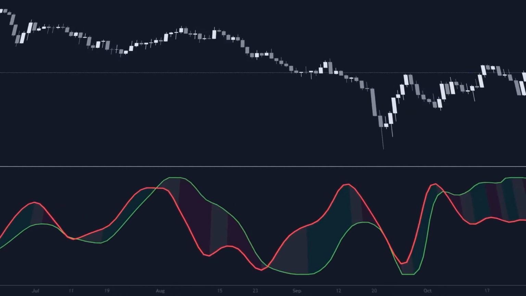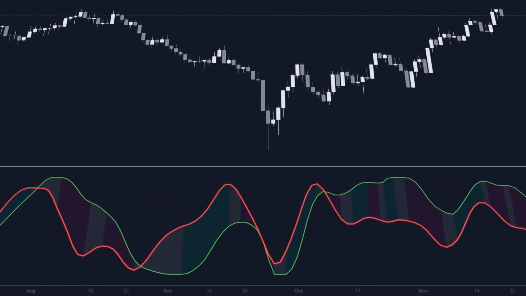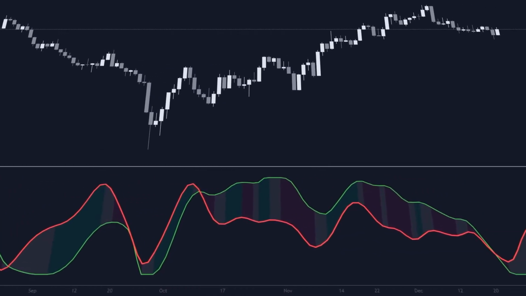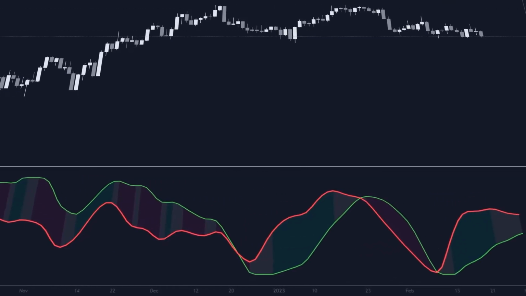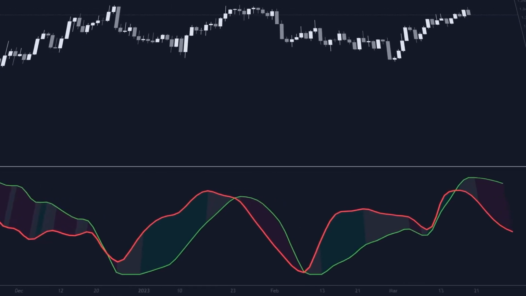In summary, the Hilbert transform oscillator can be useful for detecting cycles and turning points in the market. Although it requires some experience and mathematical knowledge of the Hilbert transform, when used in conjunction